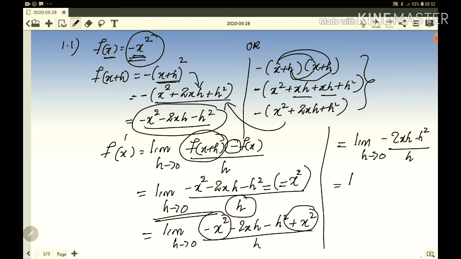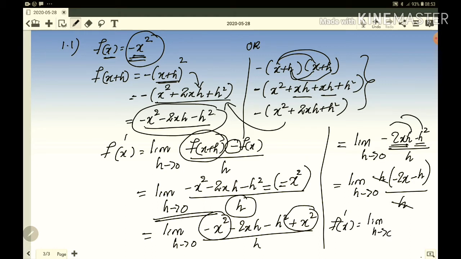See, now we got it. Limit h tends to 0. I can see here also h and here also h. This h goes out, that is h bracket. When this h goes out, what will be there? That is minus 2x, then minus h square. One h goes, leaving one h there, because h square is h times h. You know that. Divided by h. Now we can cancel it, so the denominator h is gone. So f dash x is equal to